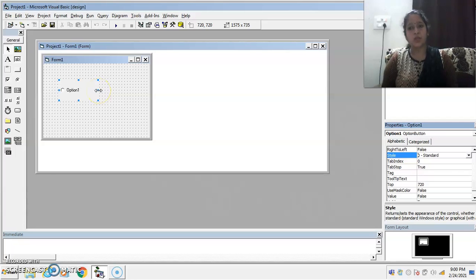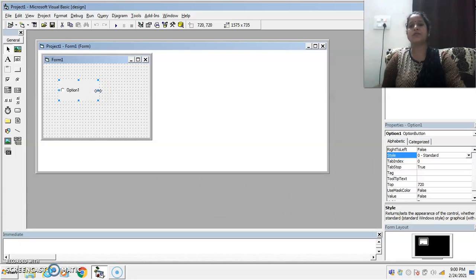Let us differentiate between the checkbox button and the option button so that you can understand both controls very well. First of all, the checkboxes appear as a square and option button appears as a circle. Checkboxes work independently of each other, whereas option button works in group.